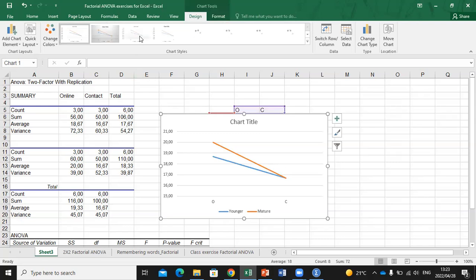You can see these are the kind of lines. So if they're not crossing each other, it means that they are parallel. There is no interaction if they are almost parallel, and if they don't cross each other, that's when there's no interaction. But if they cross each other, it means that